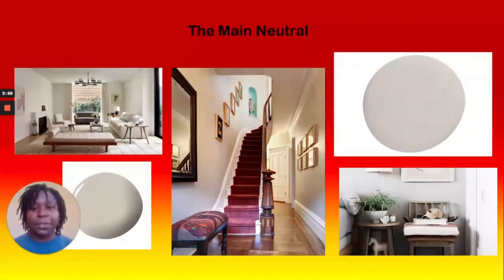Many people like to use beige, white, or gray because those are safe colors for main neutrals. If you're someone who can't decide on a cool or warm theme, then you might want to use a transitional neutral, which is a neutral that's going to work well with just about any theme you want to do. If you want to do various warm and cool themes throughout your home, then you might want to use a transitional neutral.